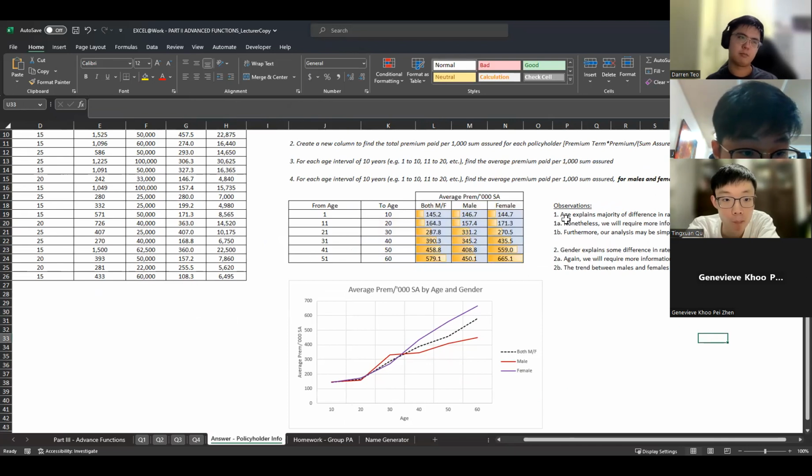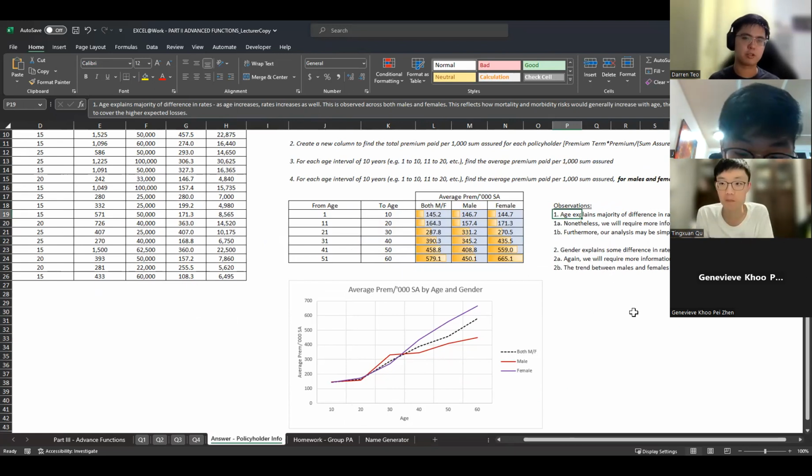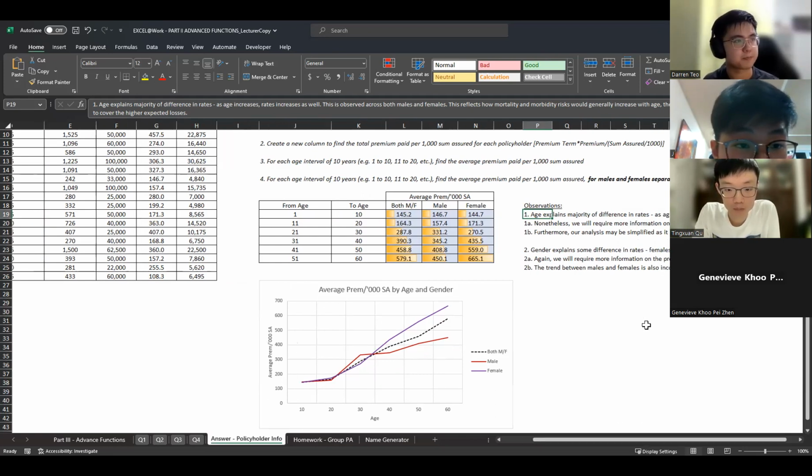I don't know if it's common sense, but maybe it is, because the older you get, the more likely you are to die, touch wood, and then you naturally have to pay more to get yourself covered more, in layman's terms. I don't do life insurance, so that's how I interpret it at least. I'm not sure about you guys. But this is how it generally works.